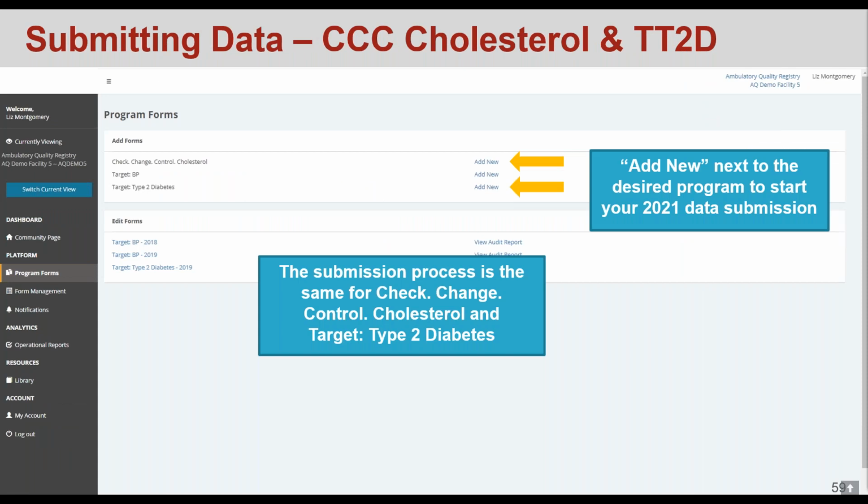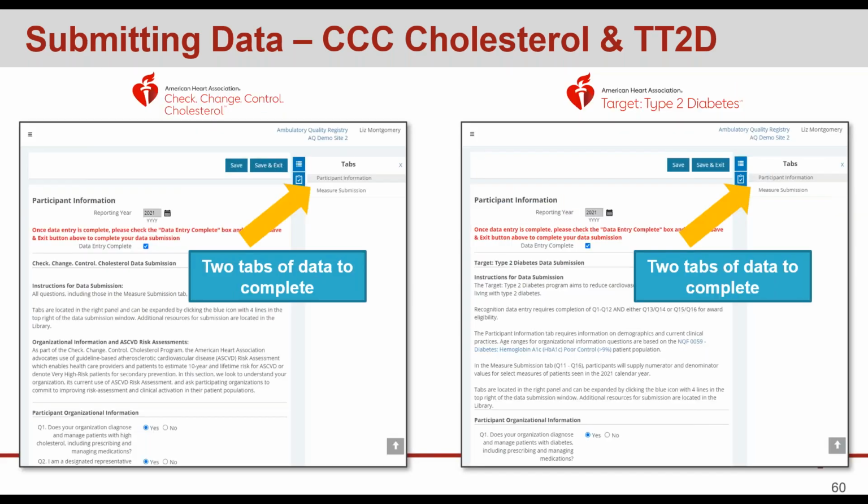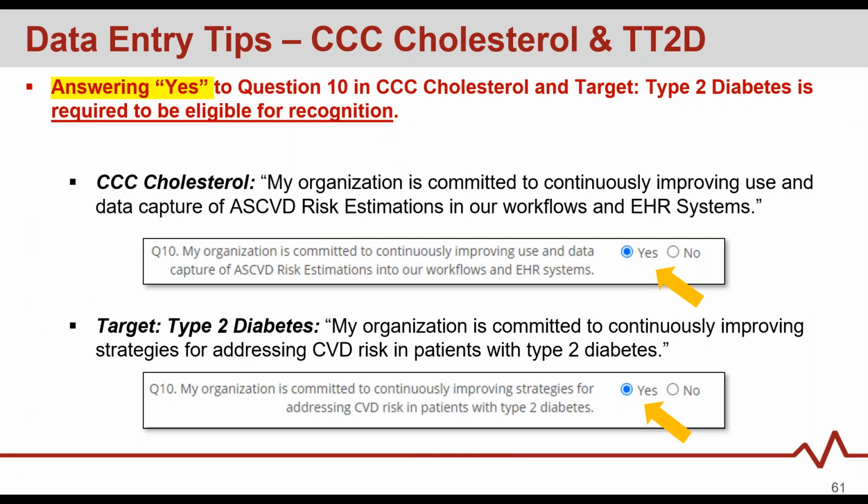Submitting data for Target Check Change Control Cholesterol and Target Type 2 Diabetes follows a very similar process. You'll click Add New next to the desired program and then follow the same steps to open the program form. All 3 program forms have 2 tabs of data to enter. So it's the same for these programs as well as Target BP when you're looking for the tabs on the right. Like in Target BP, you will need to answer yes to the first 2 questions to be eligible for